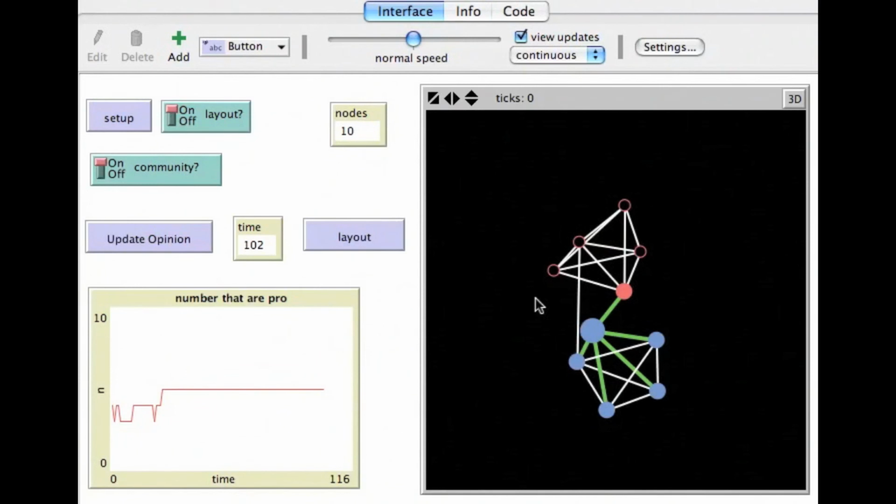I think, as you can see from this mathematical model, you can demonstrate that quite nicely in theory. There's a definite correlation between what we see in theory and what we actually experience in the real world when we try to roll out change. I hope that was interesting. It was just a very short demonstration of opinion formation within either a random network or within a network that exhibits community structure.